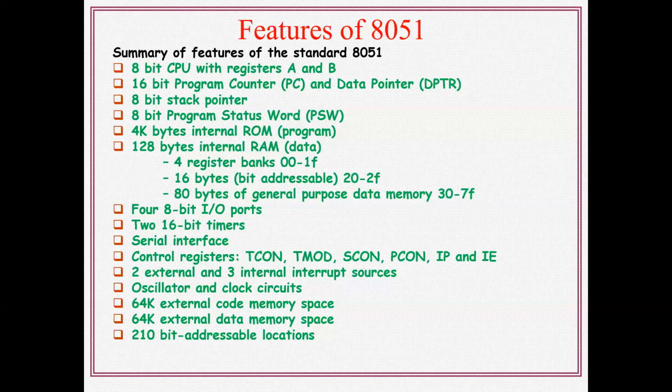That's why a collection of 8 bits is called a byte. So the length of that memory is 4K, and with 8 bits in each memory location, it is called 4 kilobytes of memory. So internal ROM supports 4K and internal RAM is 128 bytes. The 8051 microcontroller internal RAM is 128 bytes. That 128 bytes is again divided into three groups.